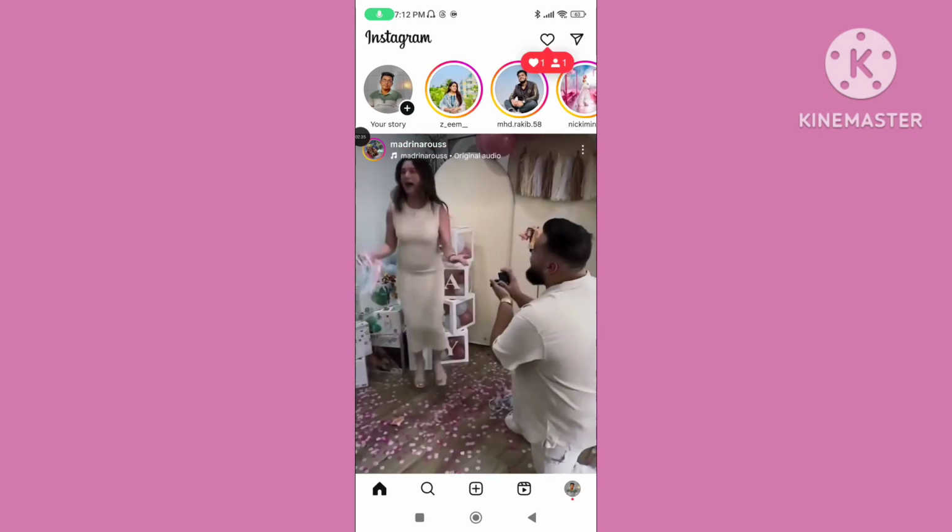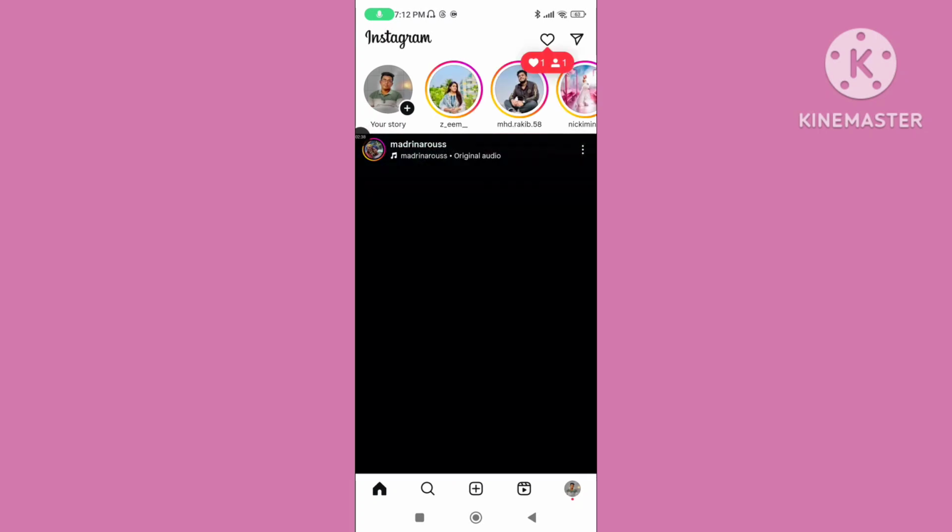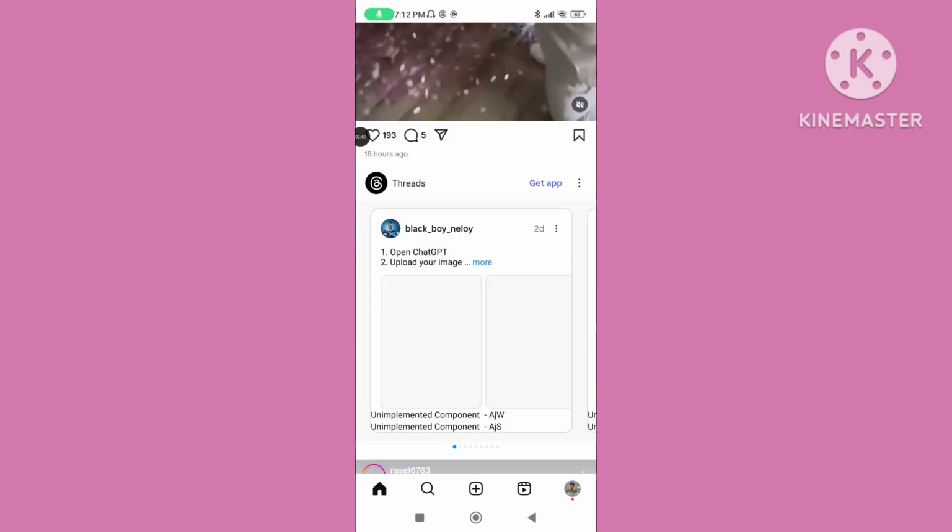You can follow all of these steps to fix Instagram loading error problem or Instagram stuck